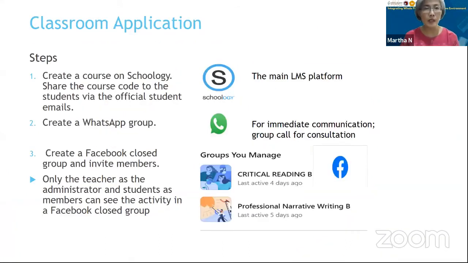And the classroom application. So in my class, this is just an example. The steps: first I create a course on Schoology and then share the course code with the students via the official student email.